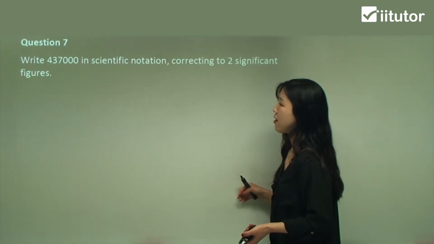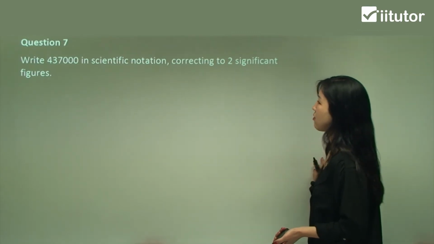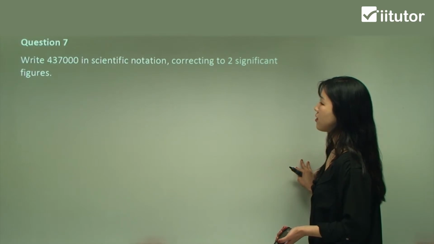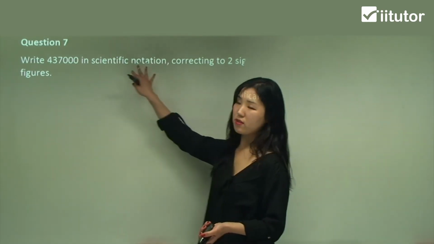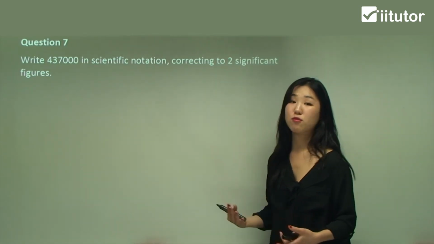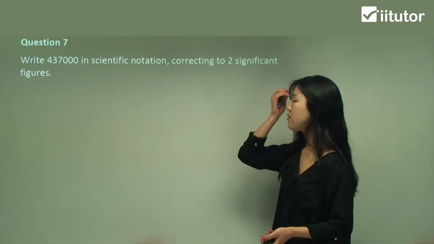Question 7. Write this one in scientific notation correcting to 2 significant figures. Okay, so it says 2 significant figures, which means once we put it in scientific notation, the number in front of the 10 to the power of something, we have to round it off. But we'll do that at the end. First of all,